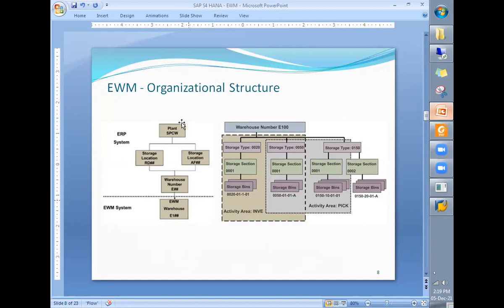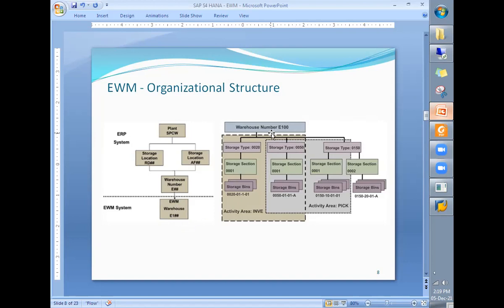So here, if you look at the EWM organizational structure, we can see that the plant storage location combination is linked with ERP warehouse, and this ERP warehouse is linked with EWM warehouse. Okay, so there is an integration here. We can see the integration touch point between the ERP system and the EWM system.